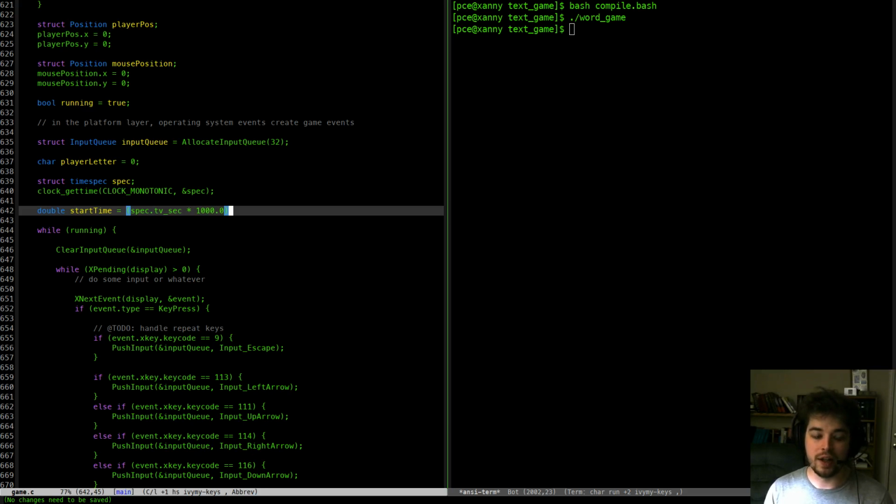because there are 1,000 milliseconds in 1 second. This double right here, it's like a float. It's a real number. It's just 64 bits instead of 32 bits. The reason we want that is when we're using integers, if we increase the size, if we say that we go from a 32-bit to a 64-bit integer, we have more bits to represent more numbers. So our maximum size just gets bigger. With real numbers, one of the things that it does for us is it allows us to be more precise with our